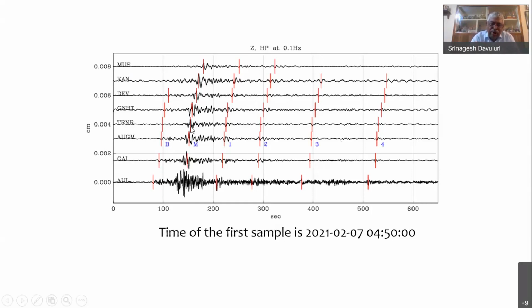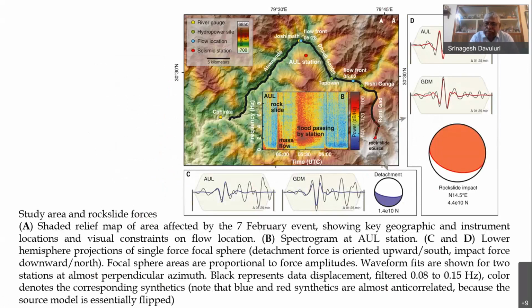Indeed, we could see 4 events which are very much seen on the seismograms. And this is the displacement seismogram which we had to pick up, especially the fall of that 29 cubic million meters of material which fell onto the ground, about 500 meters. So we had to model for this and see how the detachment plane looks like.